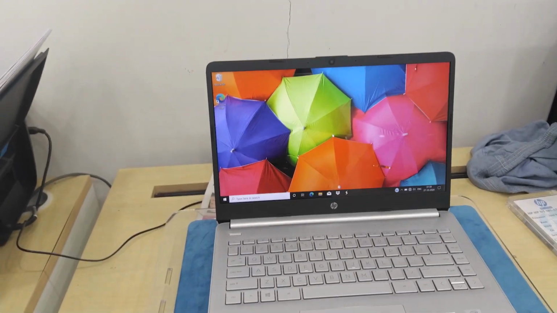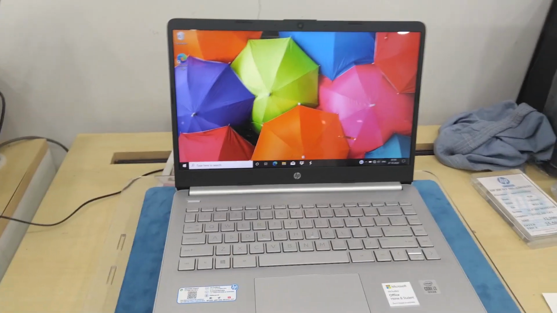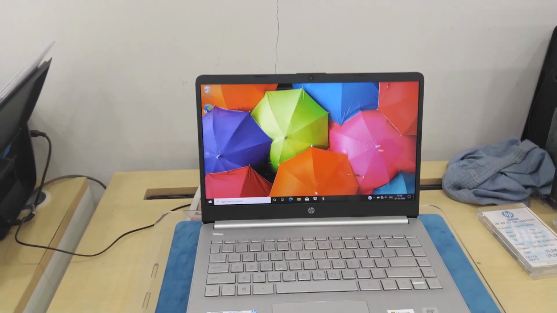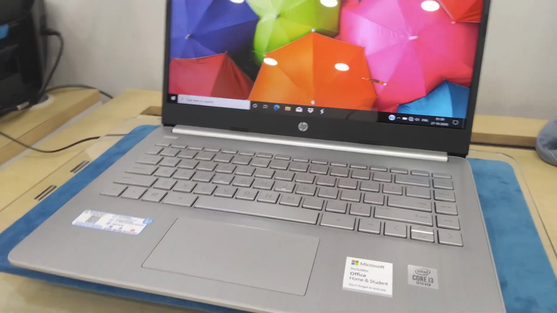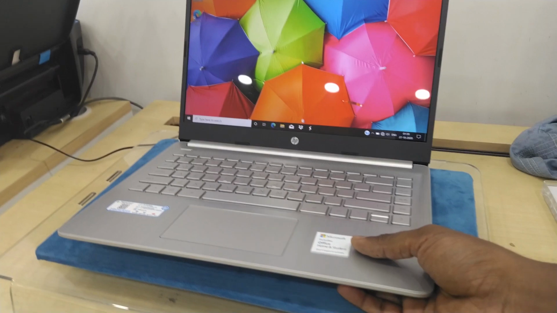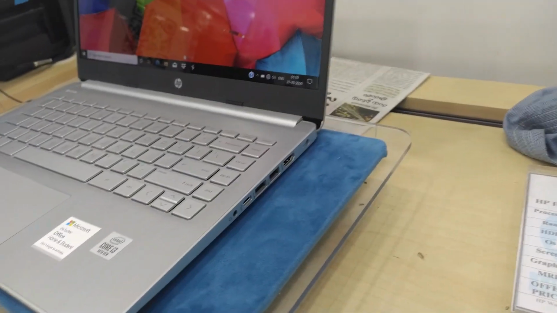That is a smart thing by HP. For official use, if someone is traveling long distances, 14 inches is pretty good. Thin and lightweight, obviously this might be a good choice for them.